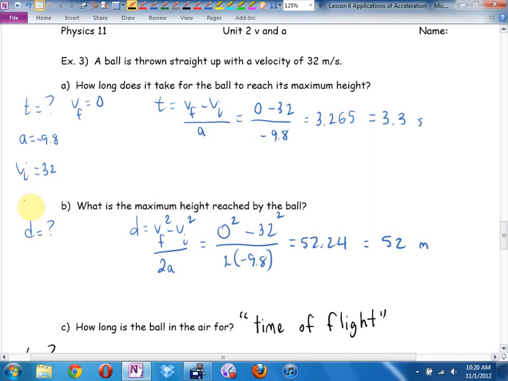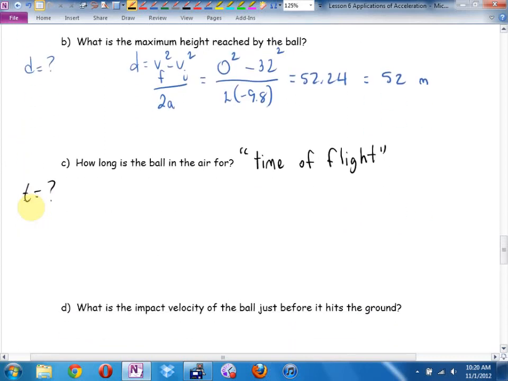Now, I got to be careful. Sam, this only works if you're starting and ending on the same height, ground to ground. Doesn't work if you're on a cliff. If you throw something up off of a cliff and then you let it land all the way down, it'll take the same amount of time to get back to where you are, but then it's going to keep falling and that's going to take more time. But for now, the easy way, we'll call it